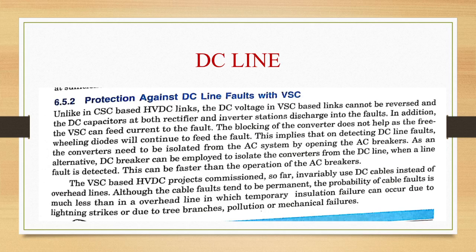VSC based HVDC projects commissioned so far invariably use DC cables instead of overhead lines. Although cable faults tend to be permanent, the probability of cable faults is much less than in an overhead line, in which temporary insulation failure can occur due to lightning strikes or due to tree branches, pollution or mechanical